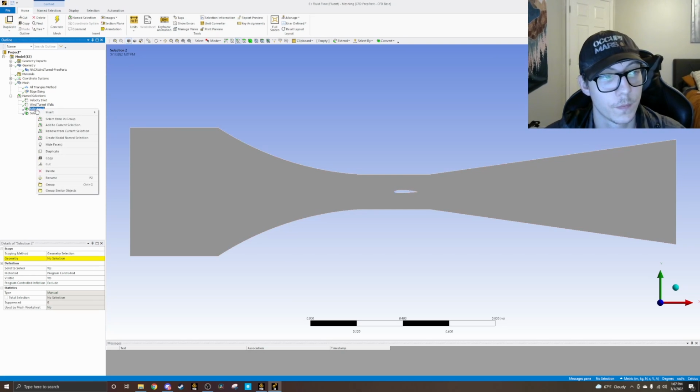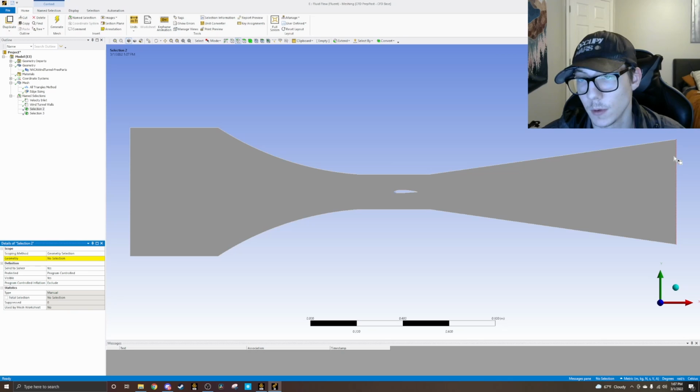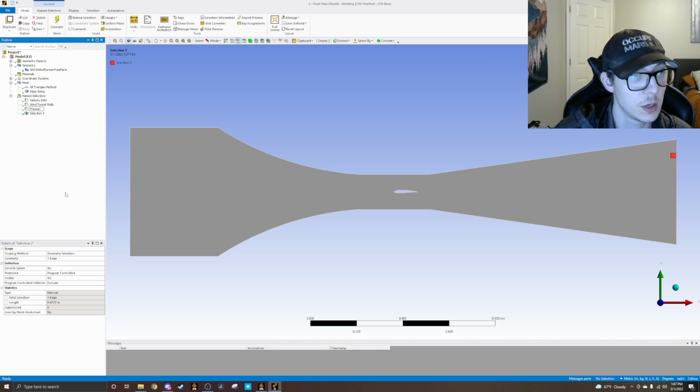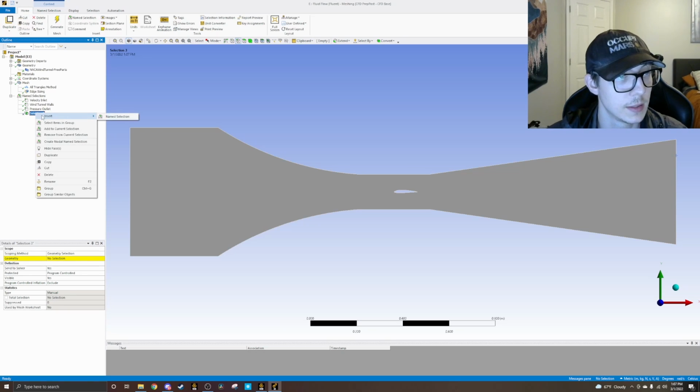Selection 2. We're going to choose this to be right here. Edge select. Apply that. And then we're going to rename this as our pressure outlet. And then selection 3,